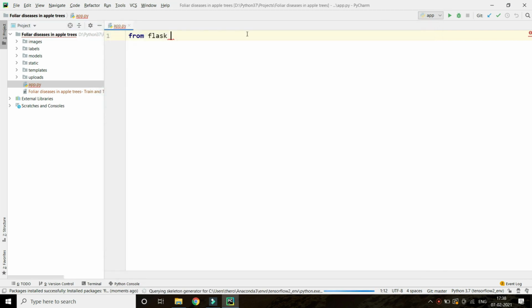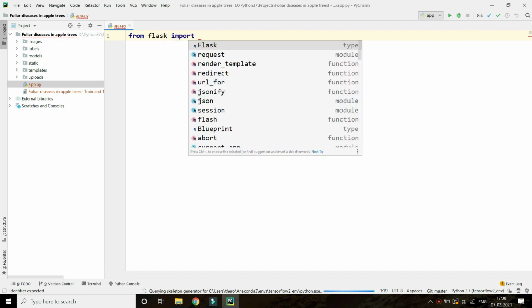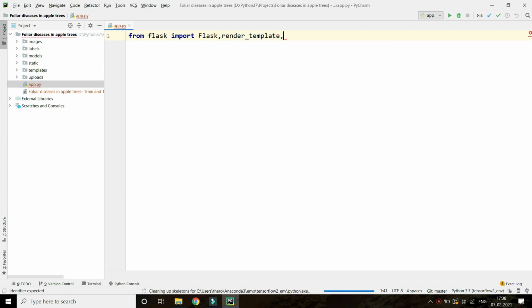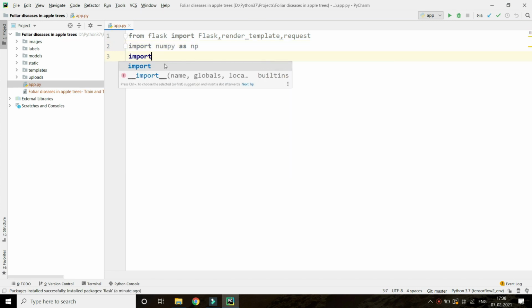Now from Flask, we are importing Flask, render_template to render the HTML files in the templates folder, and request. Right now, only up to here. Then import numpy as np. If I forgot anything, I will add it again.